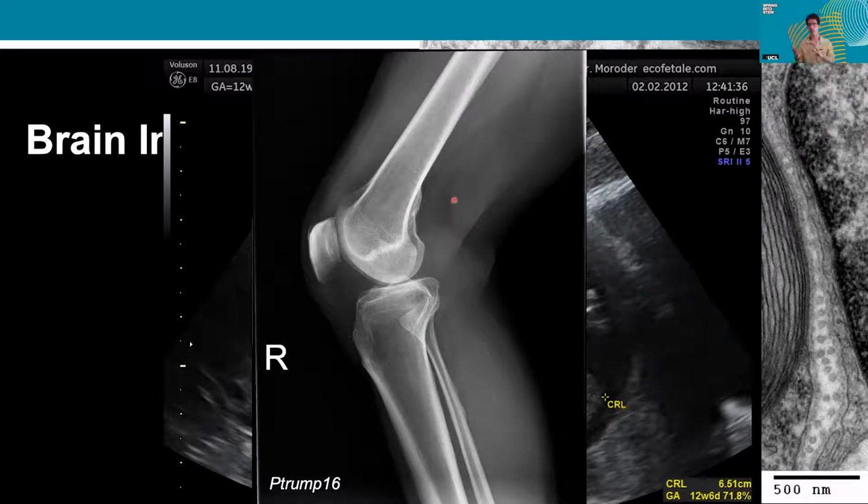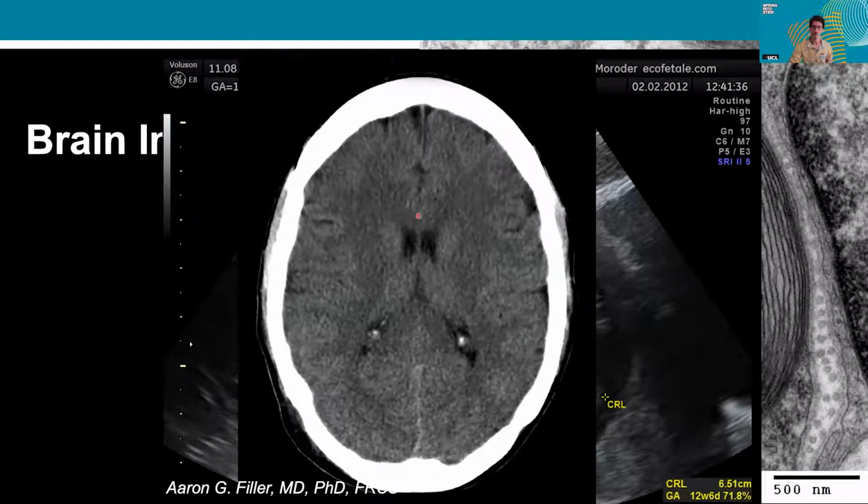Unfortunately, the tissue around it doesn't have a very good contrast. So there's muscles here, there's fat, there's tendons, there's skin, and you can see some slight changes, but it's very difficult to tell which is which and where they are. And it's even more apparent if you look at a CT image, computed tomography, which is a 3D X-ray technique. The skull is very easily seen, but inside the head, the contrast is very weak. So it's very difficult to discern the different tissue types and constituents of the brain.